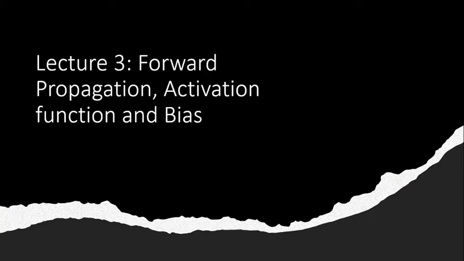So when you see a network, we have two major things. One is forward propagation and the second is the backward propagation. Now on top of it, we'll see the activation function as well. This activation function will help us make a linear system non-linear. We have seen in the previous lecture that most of the systems are non-linear. So in order to introduce non-linearity into the network, we are using the activation function. So we'll talk about that.